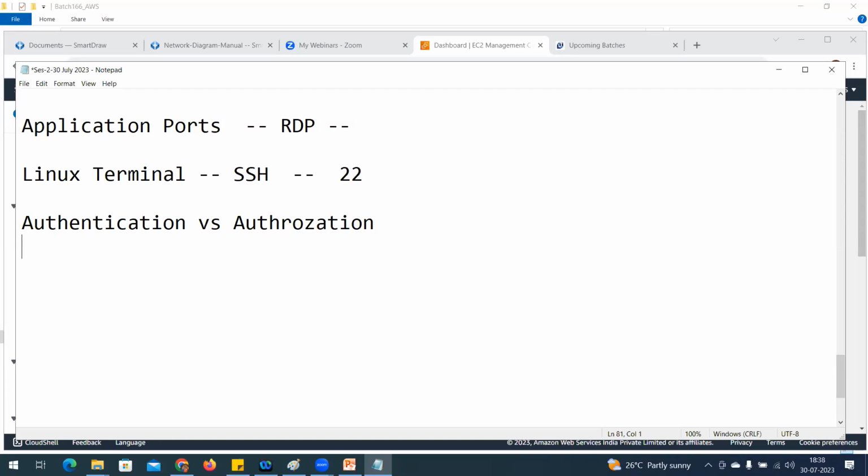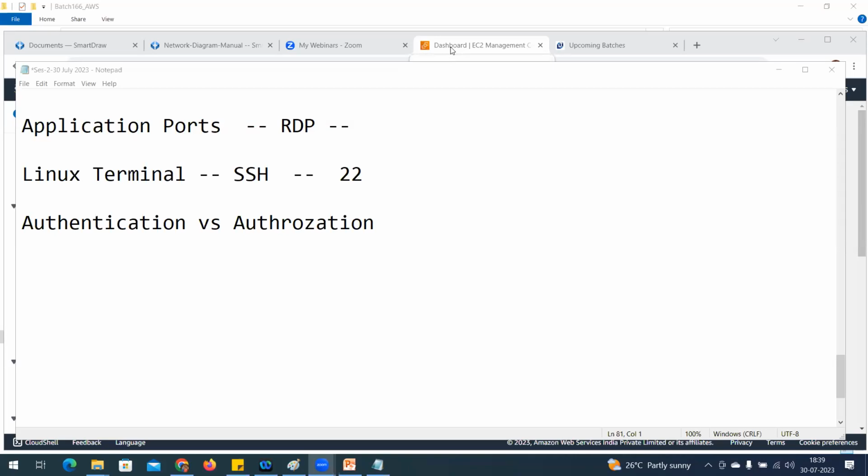What is the difference? Password protection. Okay, how does it come under authentication or authorization? Password protection is authentication, and when we put the username and log in, it goes to authorization.